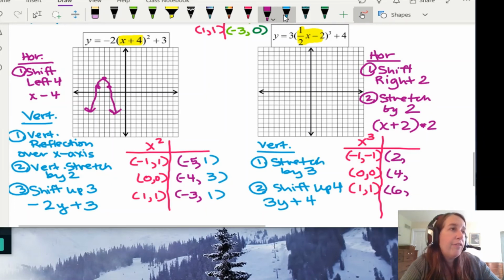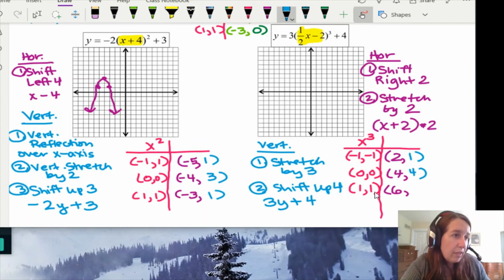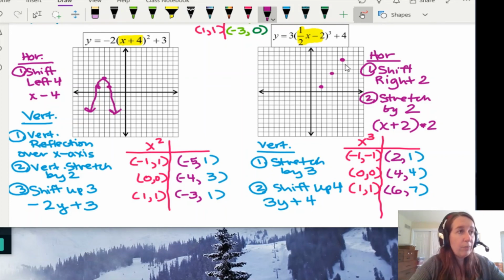Great. And in the vertical direction, we're going to do 3y plus 4. So 3 times -1 is -3 plus 4. That makes 1. 0 plus 4 is 4. And 1 is 3 plus 4, 7. Okay, let's see how that looks. Let's see, 2 comma 1, 4 comma 4, and 6 comma 7. Okay, remember this is a cubic, it's not a straight line, so try to curve it